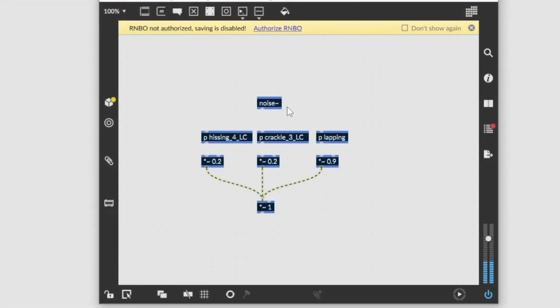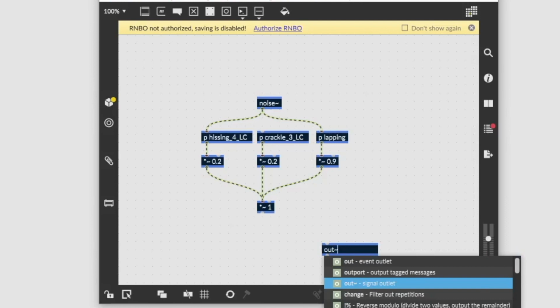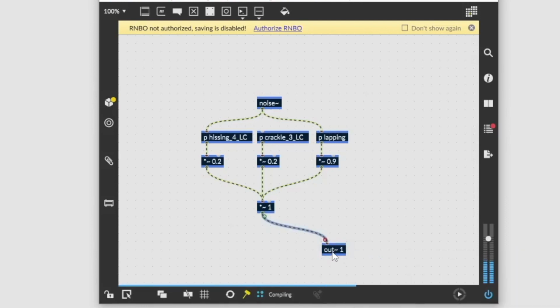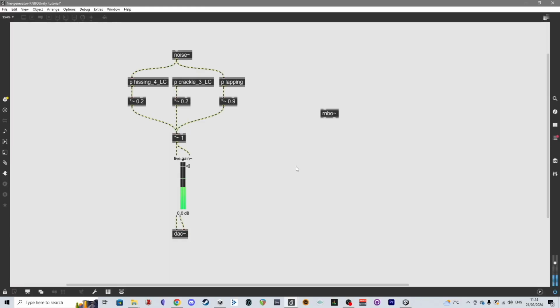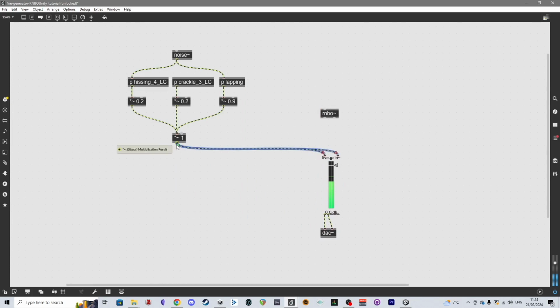And now we can patch our noise back into these two and the output to here. And then in order to listen to this RNBO patcher and make sure that we actually have sound coming out, we just again use an out tilde. And let's try this. So currently we're listening to the old Max patcher, but if we take the output and run it to here,